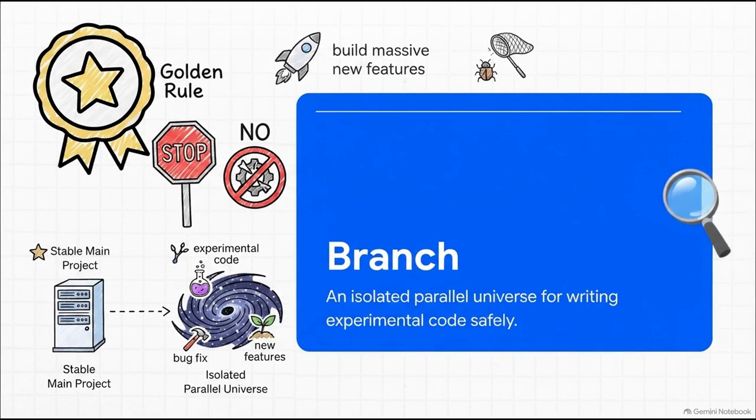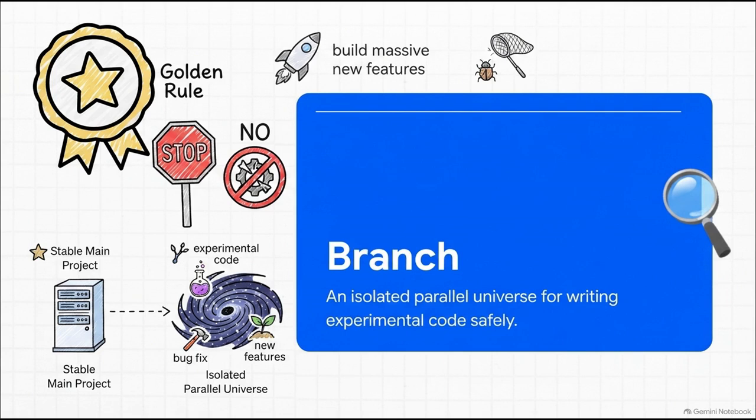But listen up, because here is the golden rule in professional software engineering. You never push untested code directly to the primary main branch. If you break the main branch, you literally break the software build for everyone else on your team. That's a huge no-no. This brings us to branching. A branch is essentially an isolated parallel universe. It lets you write experimental code, fix bugs, or build massive new features with absolute safety, completely separated from the